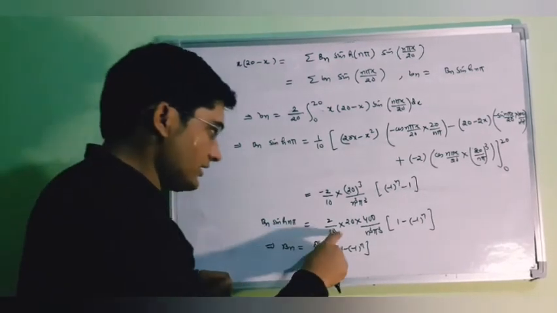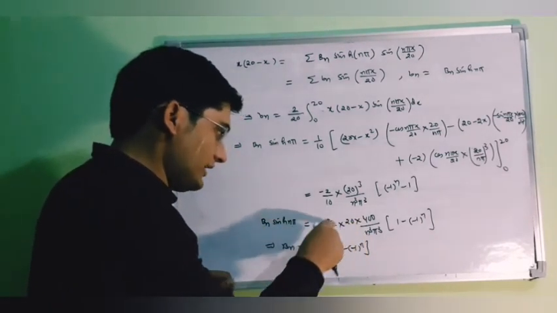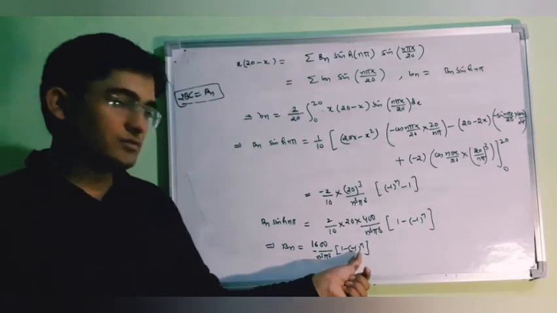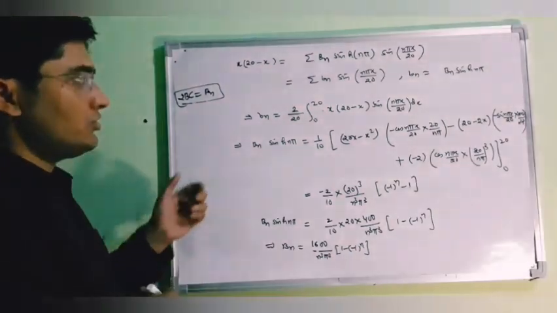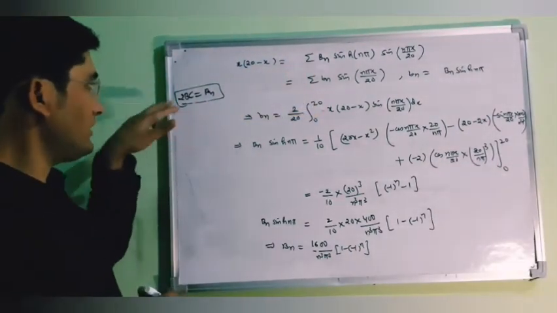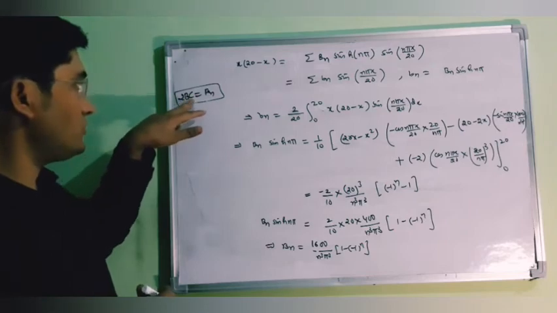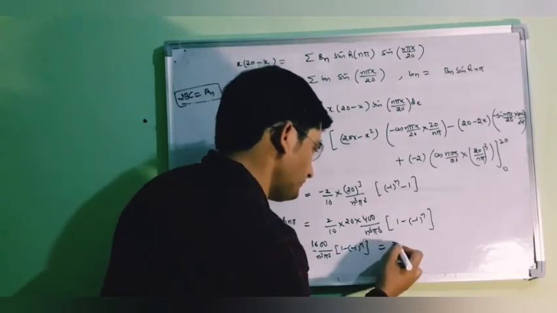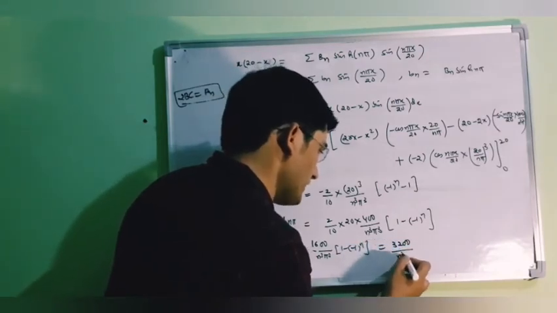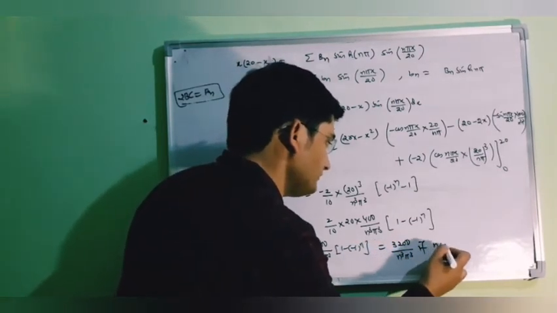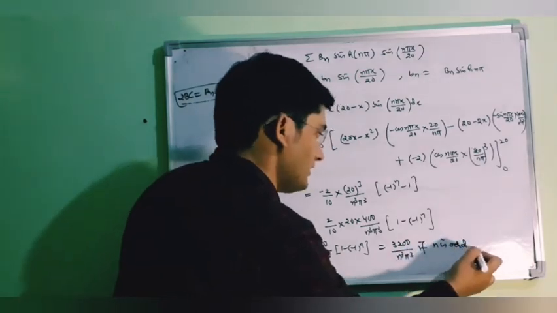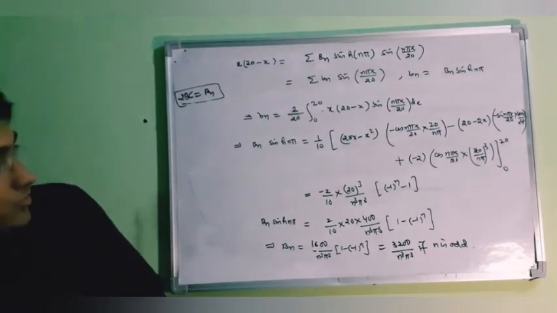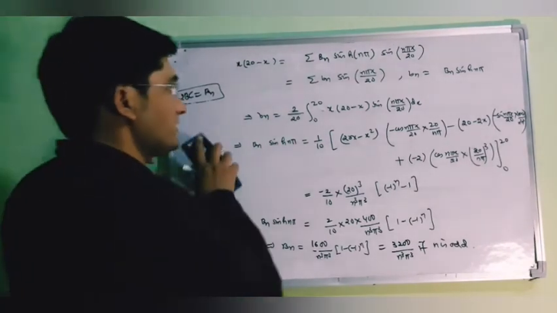So here you can see that now this will become 1600 divided by n cube pi cube into 1 minus 1 power n. So including that constant, taking the whole constant 2 into b into c as bn, this will be your answer, and we can write it as 3200 upon n cube pi cube if your n is odd, and in the remaining cases this will be 0. So thus we can say that our solution is,